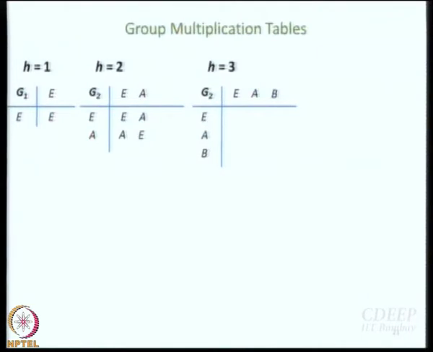Okay, what will be the first row? Simple. What will be the first column? Now we have to work out the rest. What do I write? Do I write A or do I write B? Two options. 50% probability A, 50% probability B. What do we write? Now there is no probability. Probability of one is 1, probability of the other is 0.